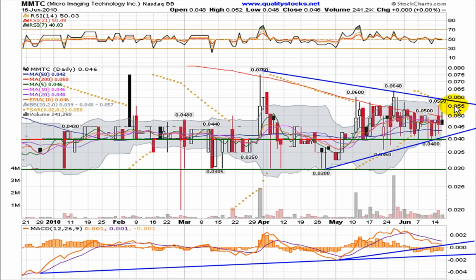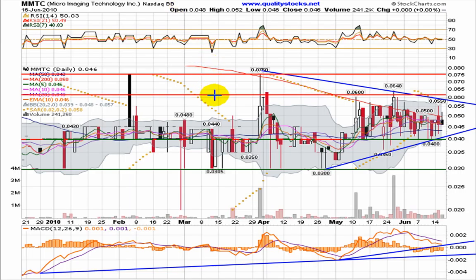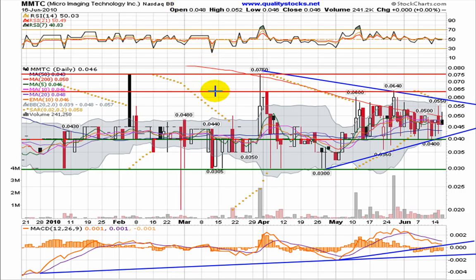So we're looking for MMTC to make a move to the north side, break through this channel, ultimately get up here and challenge 75. That's what we want to see. First thing it's going to have to get through is that trend line and the moving average. It's going to be right in through here, around 64, is going to be a key source of resistance for it to come up and challenge